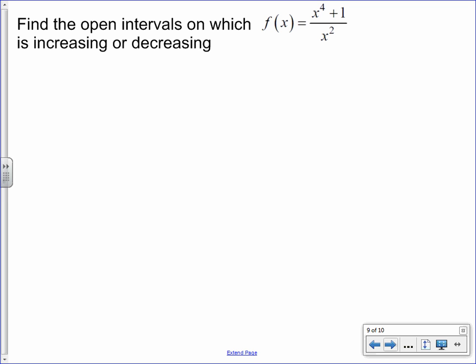Just take the derivative. That's all I want you to do. Take the derivative. What rule are you using? So, if that's squared, one squared, just that's squared, or just x to the fourth,